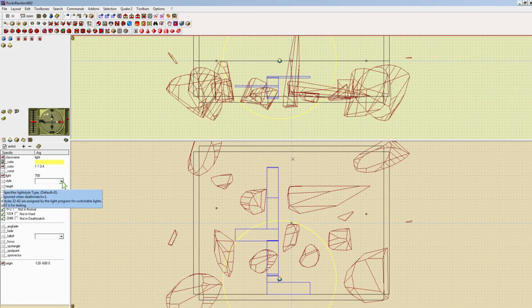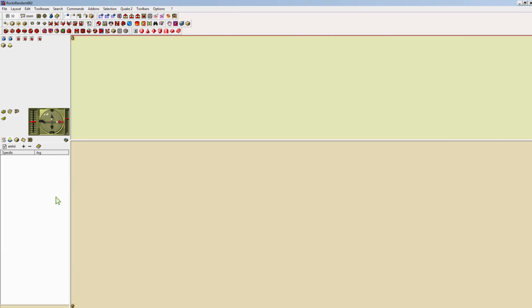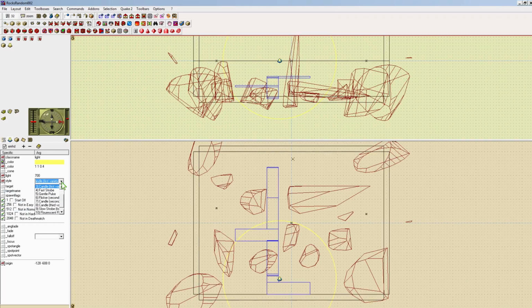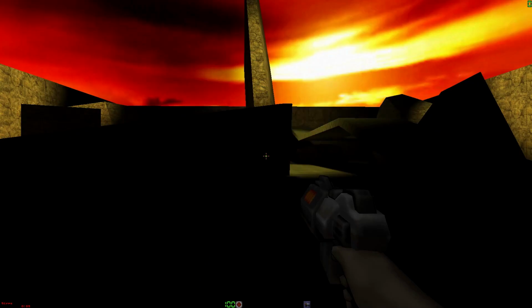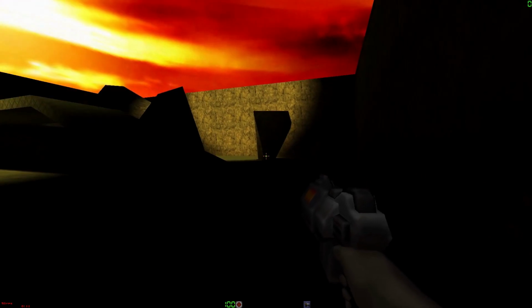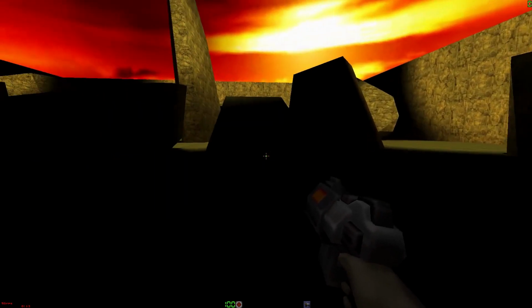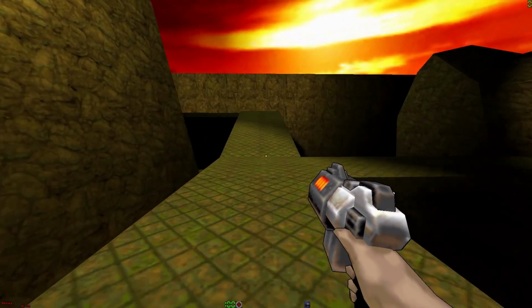What else can I do? If I choose a style, it can flicker in many different ways. Gentle pulse, candle. Okay, let's make a candle. How it looks. It gives me some light, and this candle stuff,